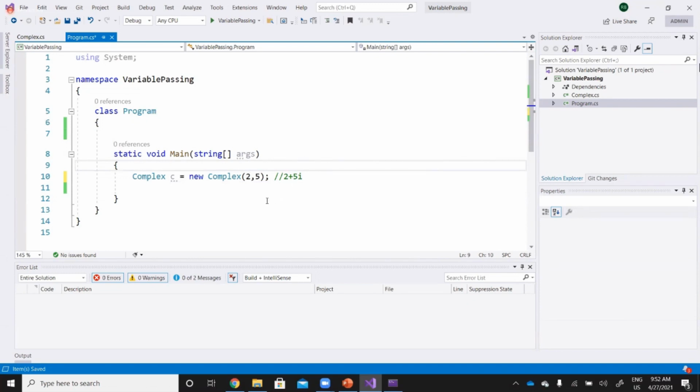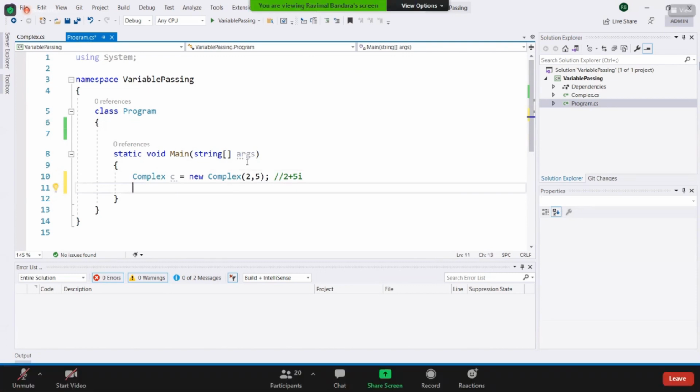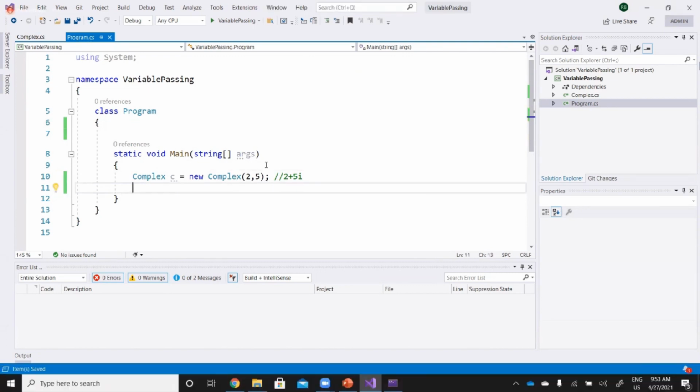So can you just negate this one? Can you just negate the value of c? You can't, right? Why? You have not defined it. You have not defined it, right?